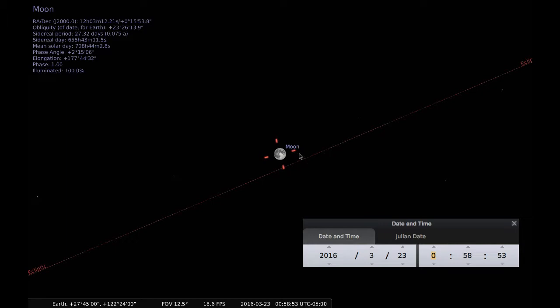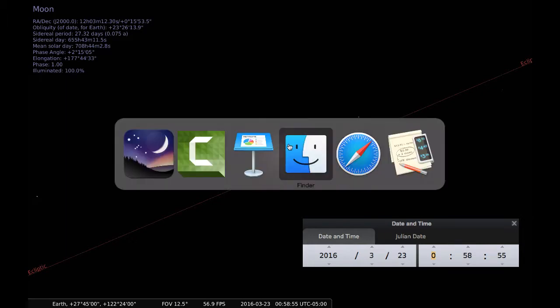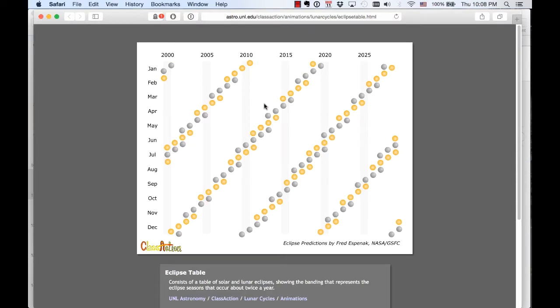So what's the problem? Well, what's happened is I found part of a cycle, but not a complete cycle. And if I look at the eclipse table, you can see what happened here. So let's find that April eclipse. So it's in 2015. This is a chart of all lunar and solar eclipses from 2000 to